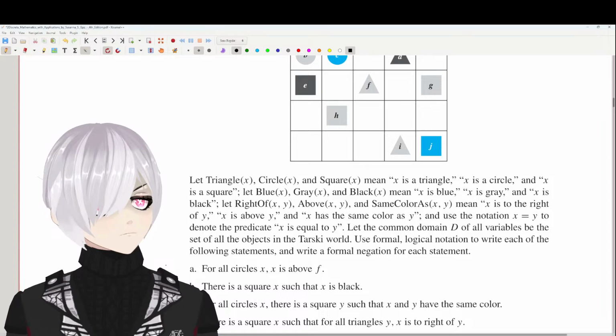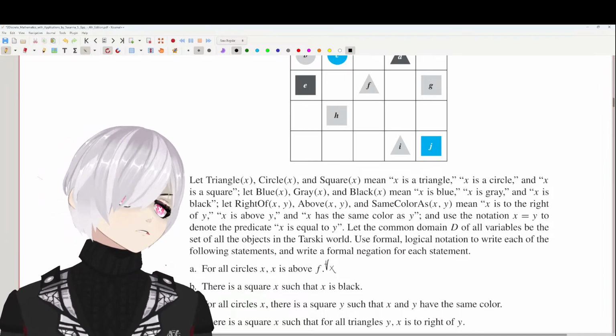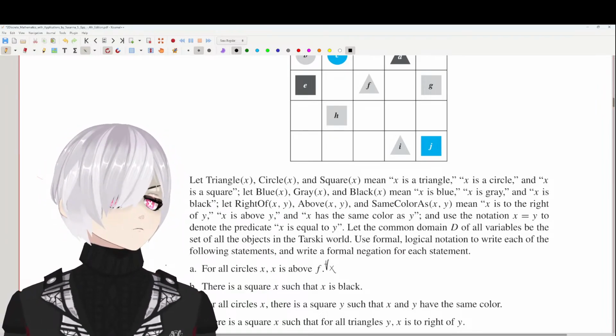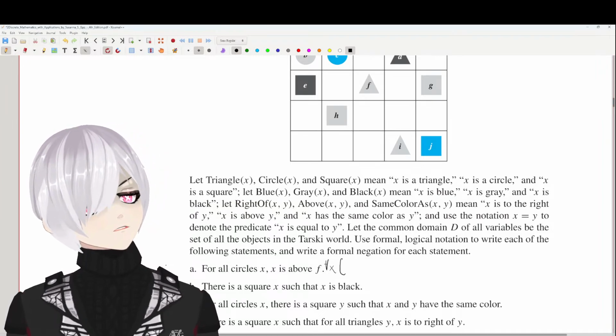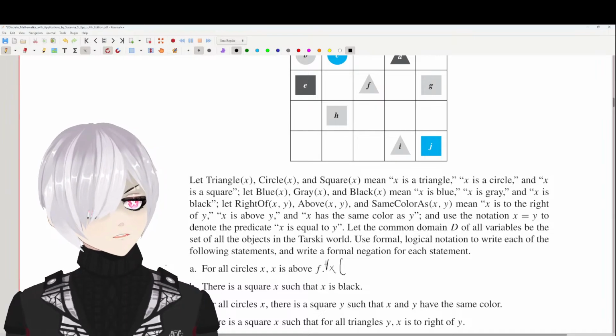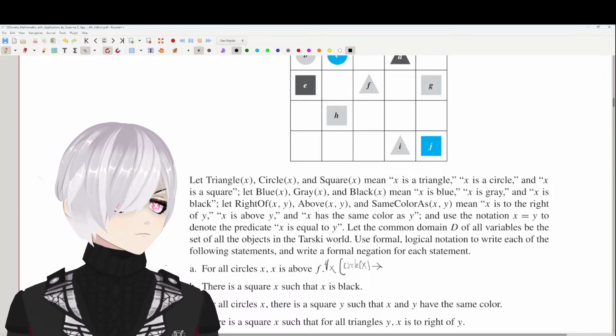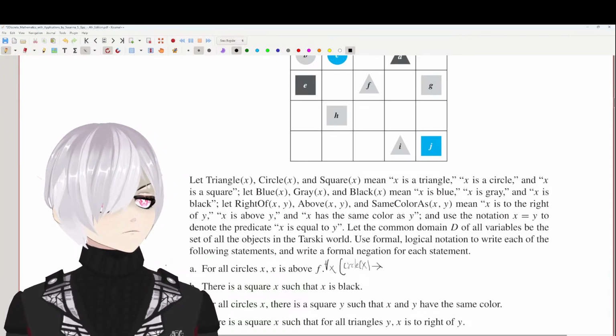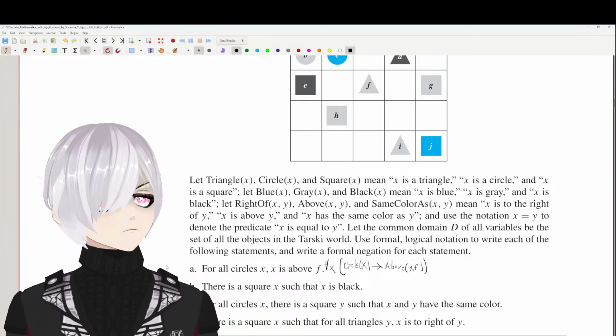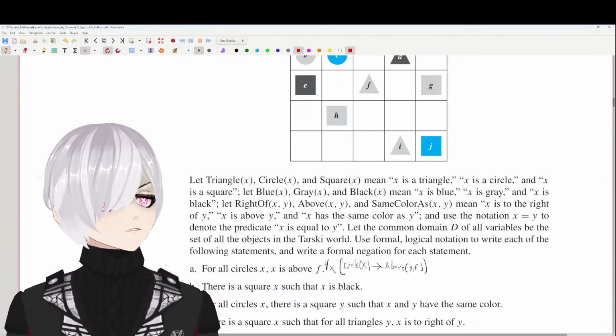I think this would be for all x, if x is a circle, and they made that into a predicate, Circle(x), then x is above f. And the negation would then be